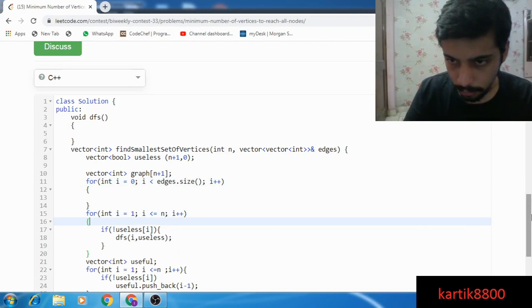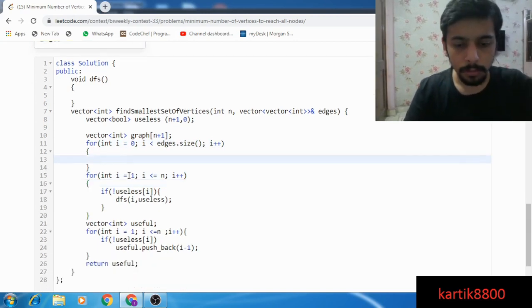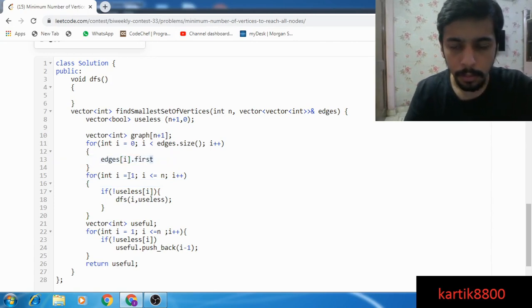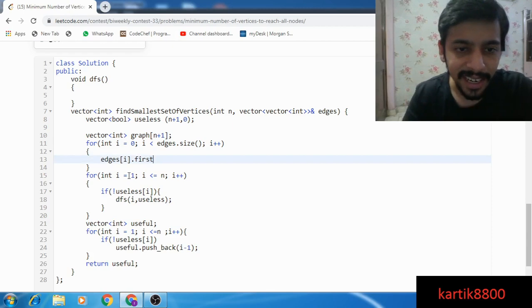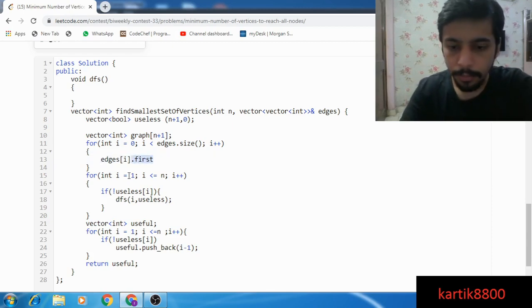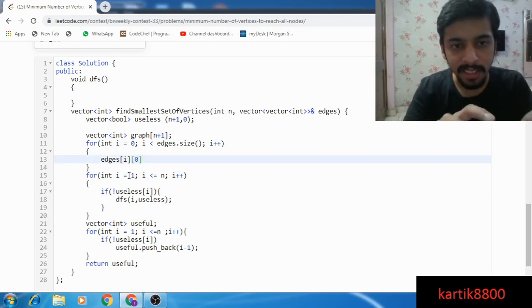Now edges at i dot first, vector int, edges at i 0. There is an edge from i0 to i1.